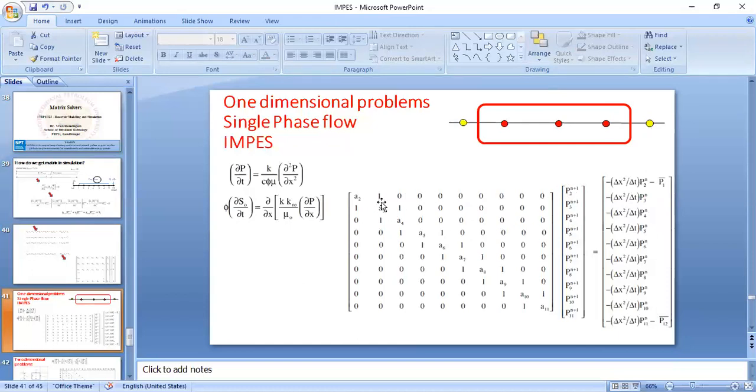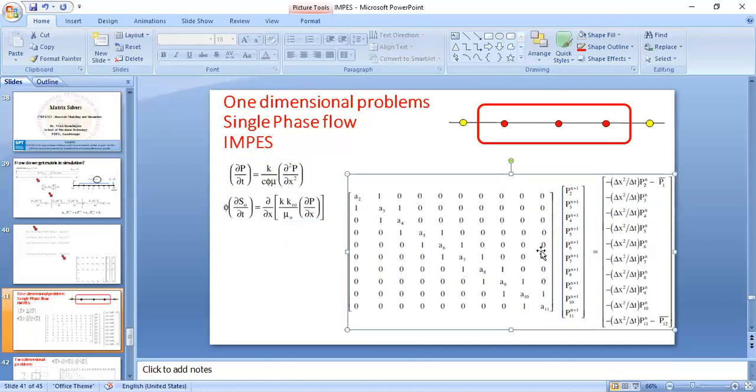So the same format is applicable for all other nodes, and you will get entries other than i plus 1 and i minus 1 as 0. So essentially we end up in a tridiagonal matrix. And how we solve this tridiagonal matrix, we have also discussed. So this is the type of matrix we will end up in. That's the final point which I would like to make in this slide. For these cases, we had already tried to solve this problem, so we ended up in an equation of this form.